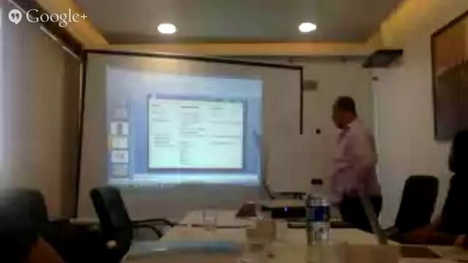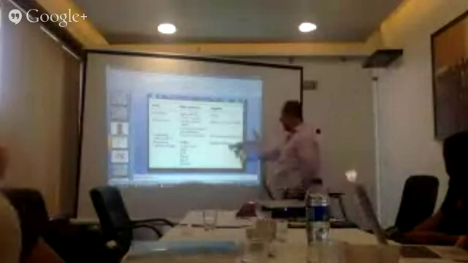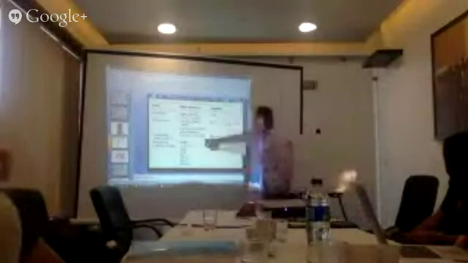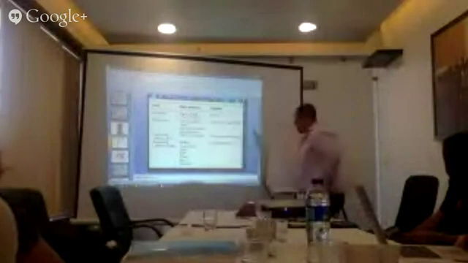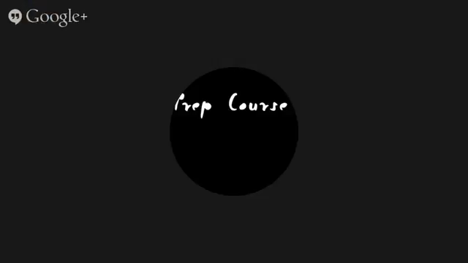The aortic arch, we have the brachiocephalic, only one, right? Then we have the left common carotid and the left subclavian. The descending aorta here, the thoracic aorta, the posterior branches, and here we have the descending aorta. In the descending aorta, we are going to have the celiac, the superior